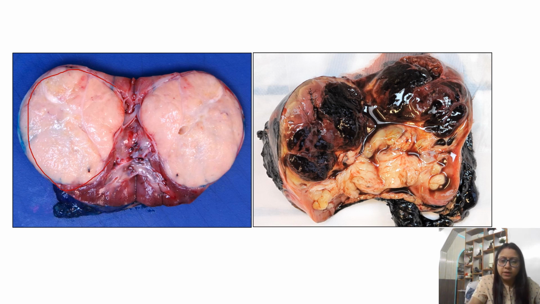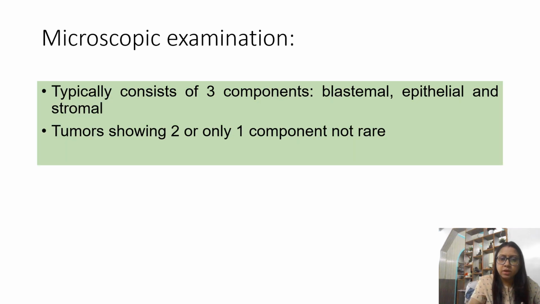very properly circumscribed है और adjacent renal parenchyma आपको दिख रही है. So this is preserved renal parenchyma. Cut section है ये, open like a book. Here what you see, यहाँ मास को हमने प्री कीमो दिया हुआ है, ठीक है. So it is turning a bit more hemorrhagic, blackish discoloration आपको दिख रही है इसमें.